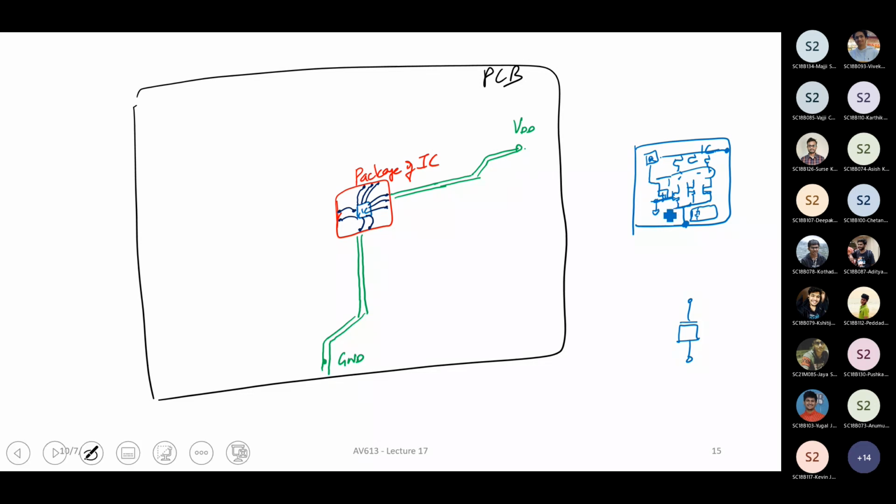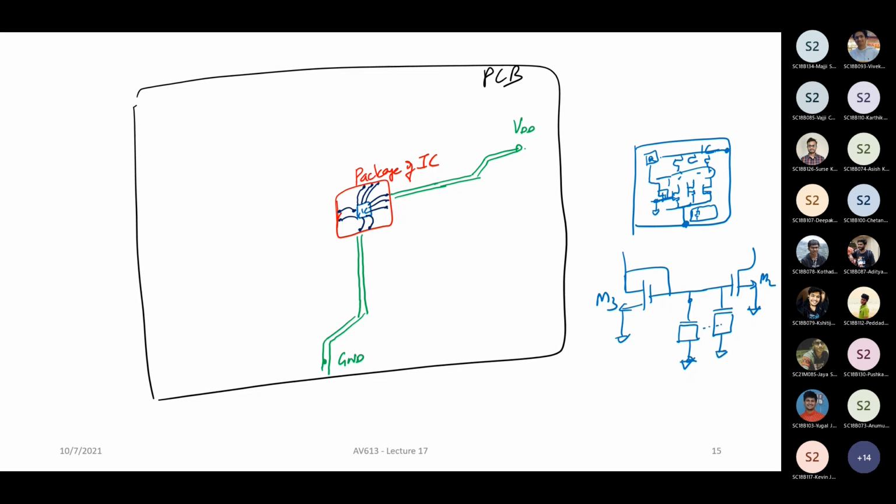Okay. So for example, if I were to zoom in and draw, this is how it is going to be. This is your M3, this is your M2. Maybe you'll have multiple things like this. Now, all these grounds which I have connected will all be put together as a piece of wire. It's a piece of trace. It will be a metal trace. So this will be a metal trace, this will be a metal trace. All these things are metal traces.